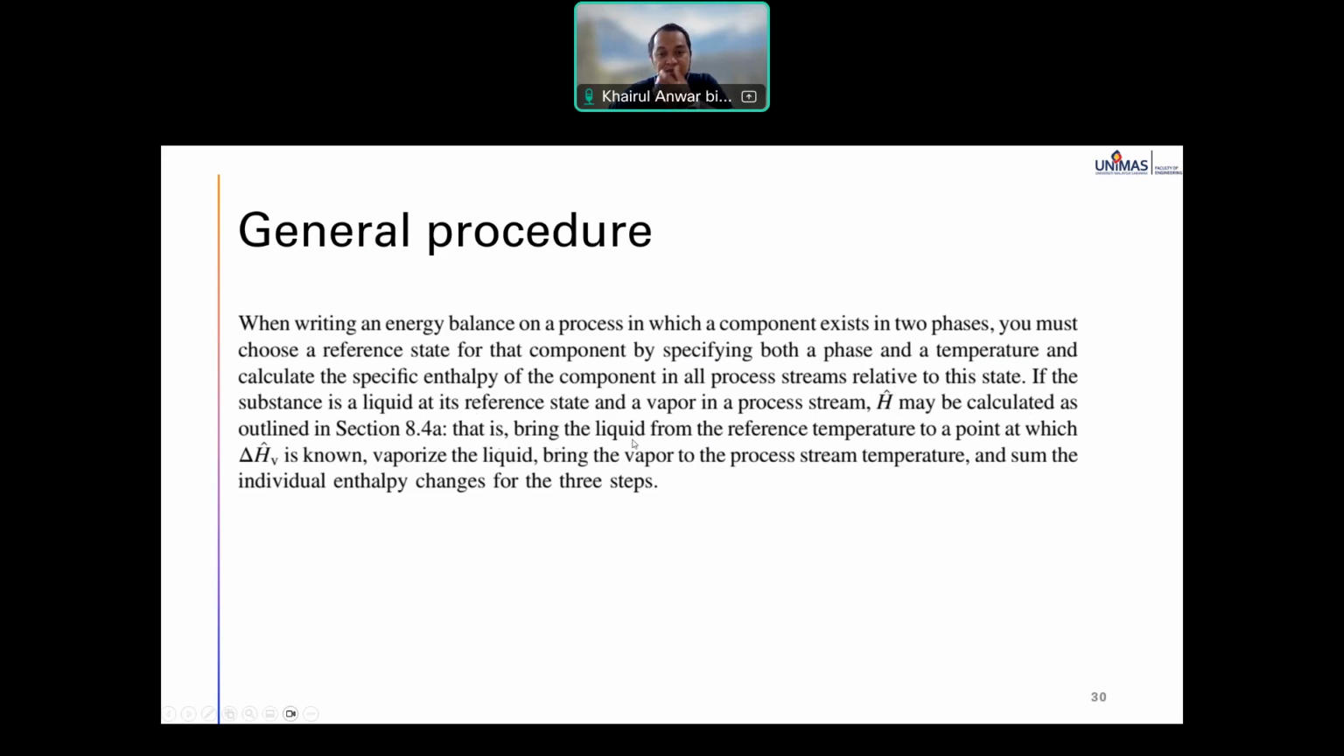That is, bring the liquid from the reference temperature to a point at which delta Hb,